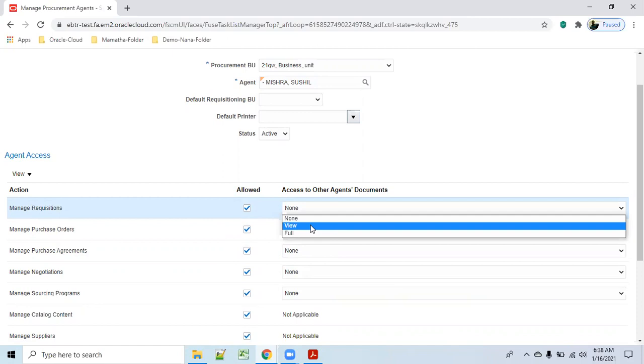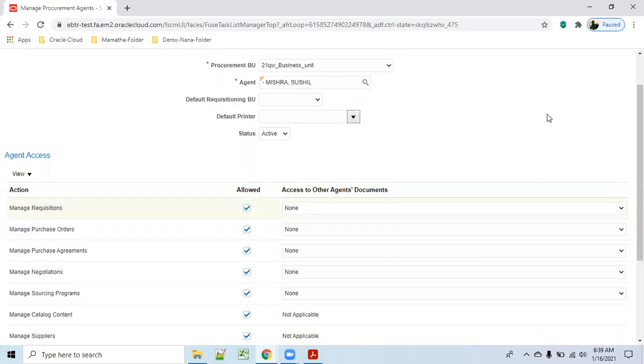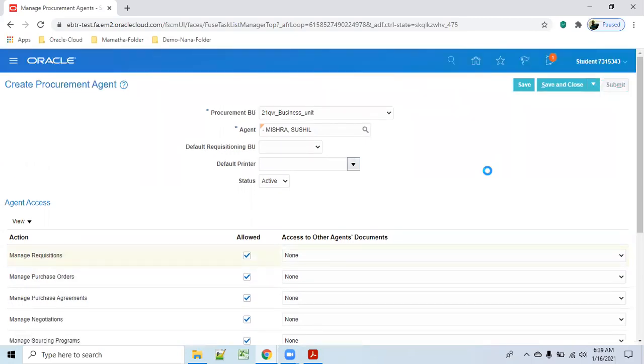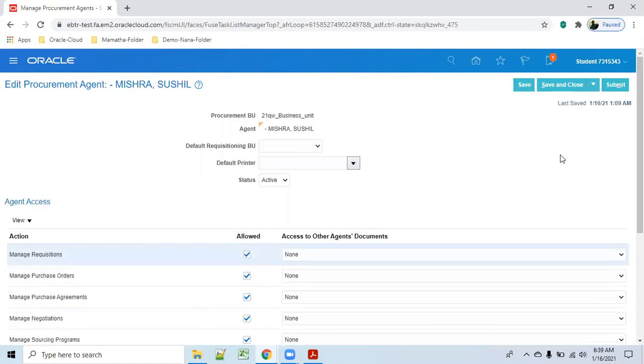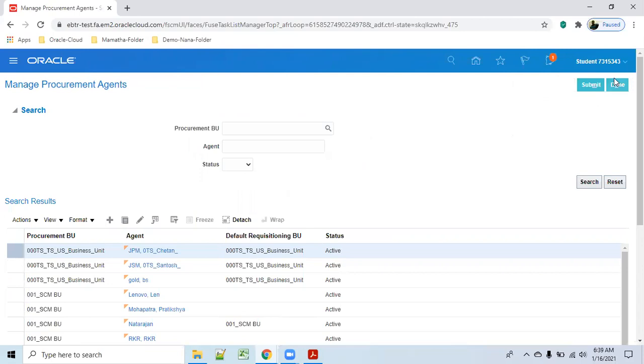When the person wants to make changes fully, read, write, anything, you have to give full. Only read means view. Got my point? I'm not doing this one. Okay, go ahead, save and close. So this is the purpose of the procurement agent.